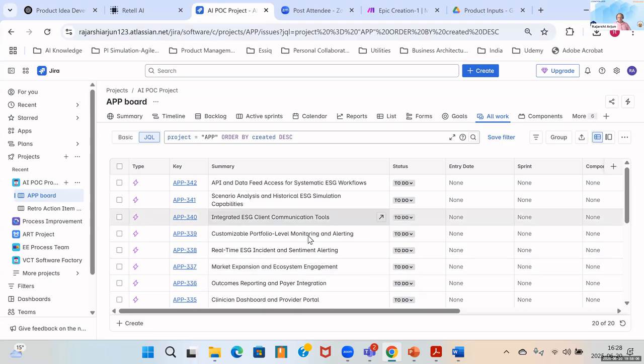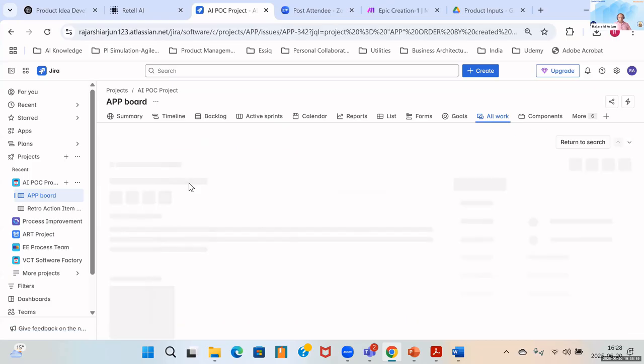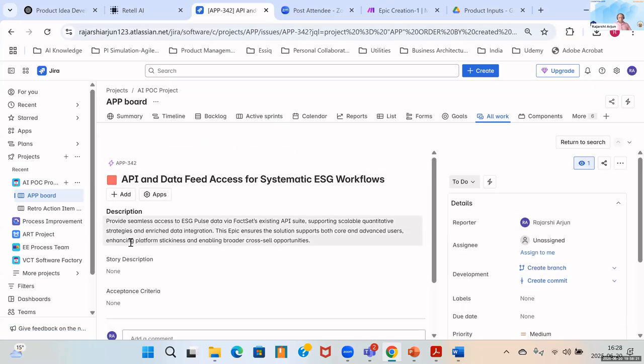These are the epics that it has created. It has not only created the epics with the summary, but it has also given meaningful descriptions to the epics, like provide seamless access to ESG Pulse data via FactSet and so on and so forth.